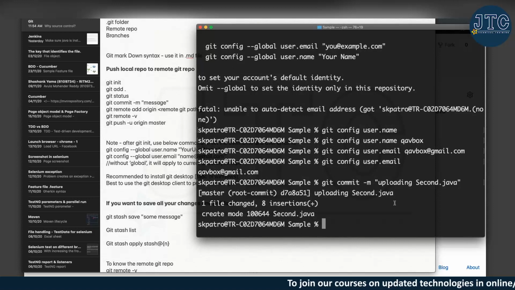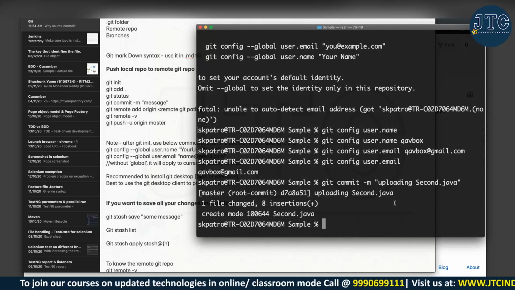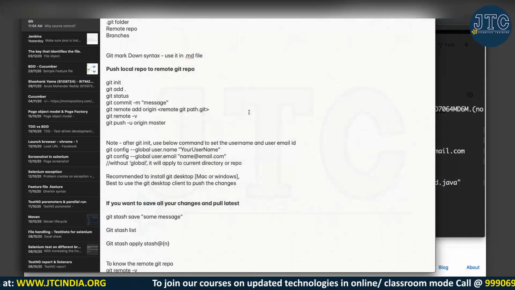Okay, so now once I have committed, the second thing is that I need to push this code somewhere. What is that somewhere? I need to get a destination actually. Now I have prepared everything. I have made that particular person very well decorated. Now I want to deliver it. How do I deliver it? That's where the next command comes into the picture.